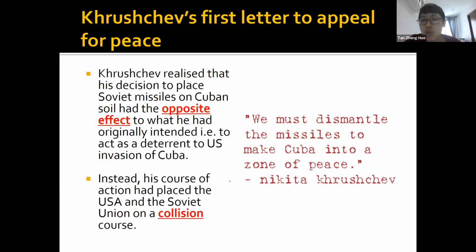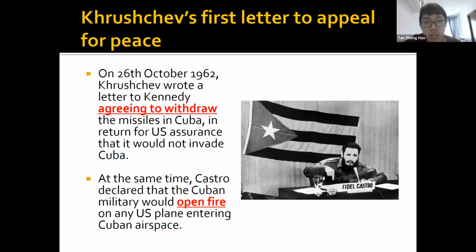I thought it would be very useful, but now it threatens to put the USA and USSR on a collision course to go to war. The whole world may go to nuclear war because of this. So Khrushchev basically thought Cuba is quite troublesome at this point in time. It may not be worth it. Okay, so Khrushchev wrote his first letter of peace.